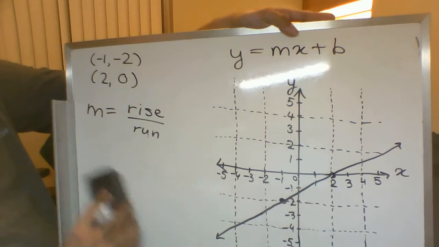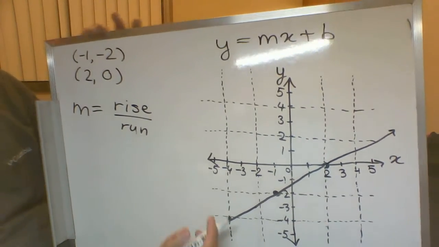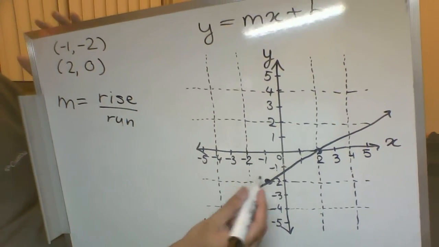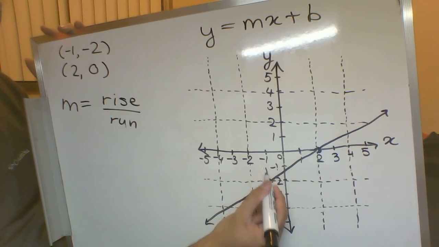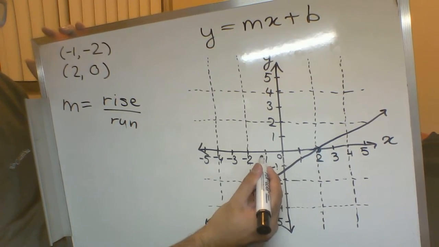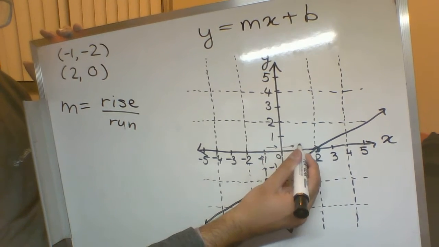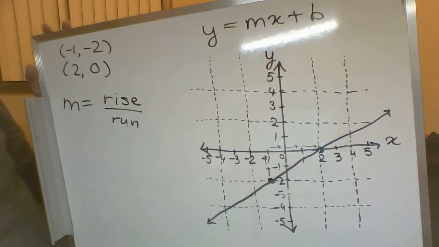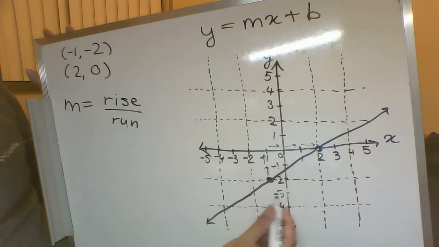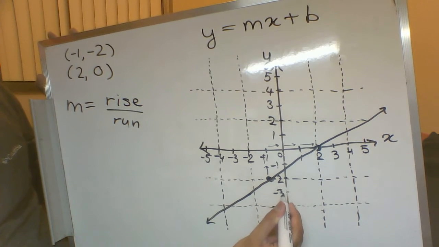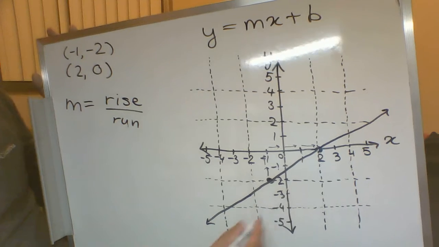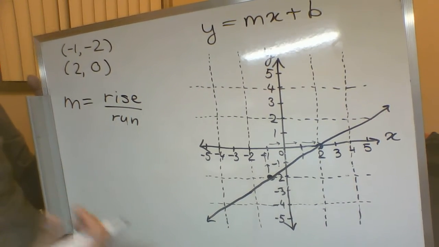Now, figuring out the rise and the run, what we've been doing so far is looking at the graph and counting out: okay, I have to move up this many units and then over that many units in order to get to my point. That's not a bad way to do it, but it can be a little time-consuming. So I'm going to show you a formula